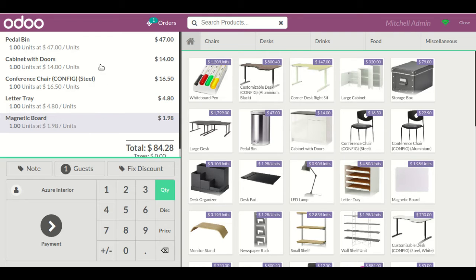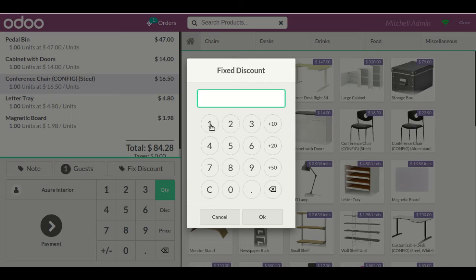Here you will be able to see a Fixed Discount button. Just as one example, I am selecting this row and applying a $10 discount over here, not a percentage.